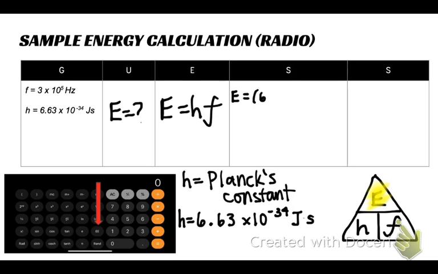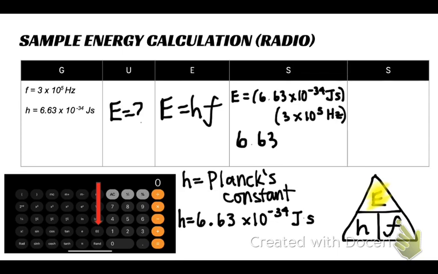And so if I plug in here, I would have energy equals 6.63 times 10 to the negative 34th joules seconds times 3 times 10 to the 5th hertz. Okay, in my calculator, I'm going to plug in, I'll type what you would plug in, 6.63,